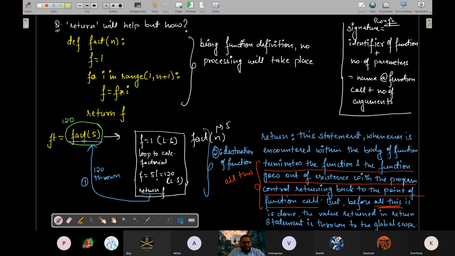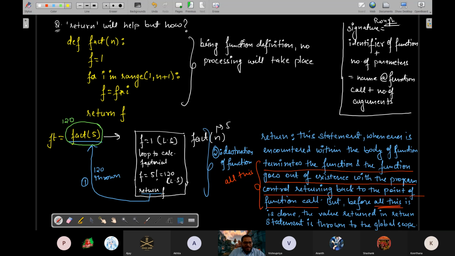So पहले क्या होगा, right side of the equal to will be evaluated. Right side of equal to, this function will be called. This function will calculate the value of factorial in f based on the value passed to n. Therefore 120 will be contained in f.